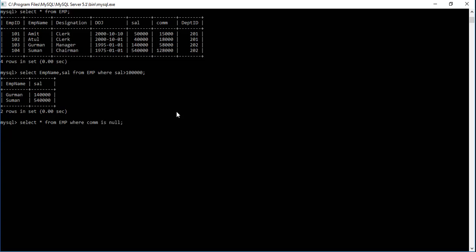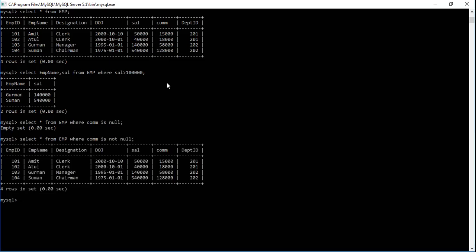This is important to remember here, that we should not write equal to null here. So empty set because there is no null value here. And if you write not null, then it will show you all the values where null is not there, and हमारे table में सारी values without null की हैं, तो सारी की सारी show हो जाएंगी.